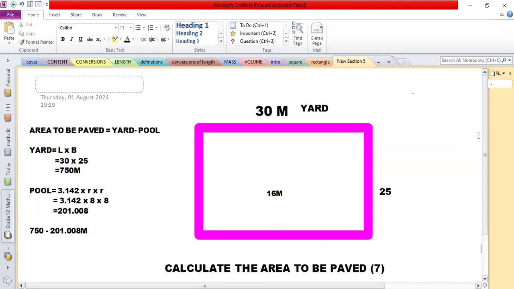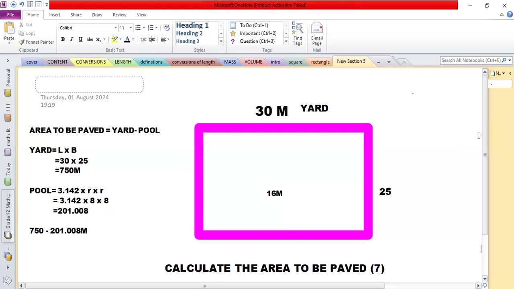You must know that first of all, you must find out the total area. Then you remove what is not needed. If they give you a front wall and they say they want to paint the front wall, but there are doors and windows on the front wall, you must first calculate the total surface area. Then you will remove the door, remove the windows. If the windows are square, you will just say side times side. The door is obviously a rectangle, unless it's a shop or a garage door, but a door is usually a rectangle. So you say length times breadth, and then you remove the door.